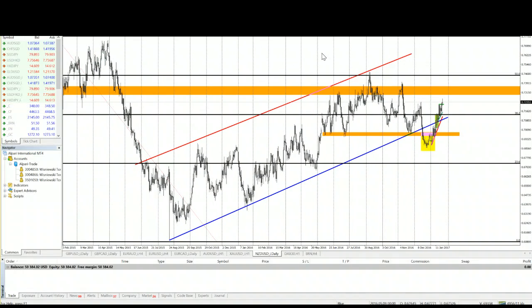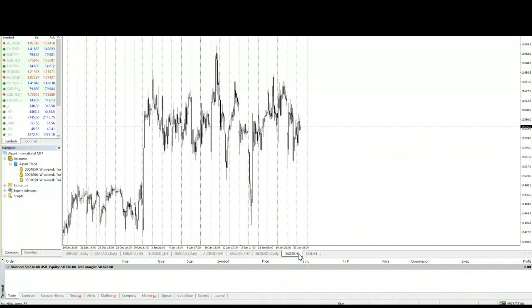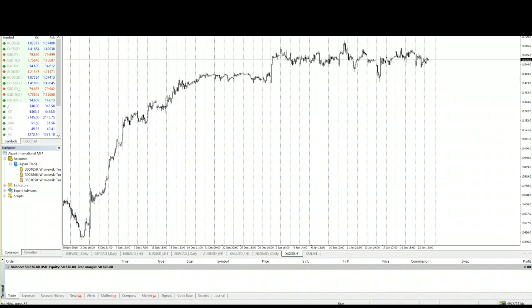Even if we connect those two lines, it won't be a resistance for the next 50 pips. So still you have space for a movement. And traditionally, let me show you one index and one commodity, or energy commodity. The index will be DAX. Unfortunately,